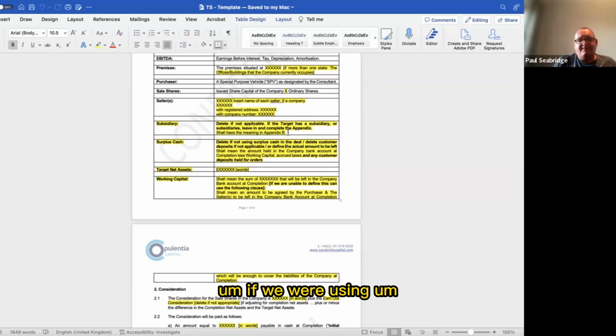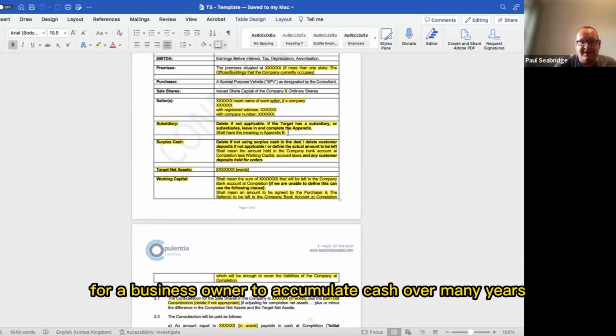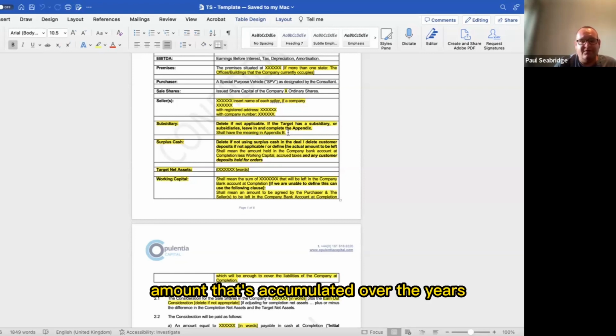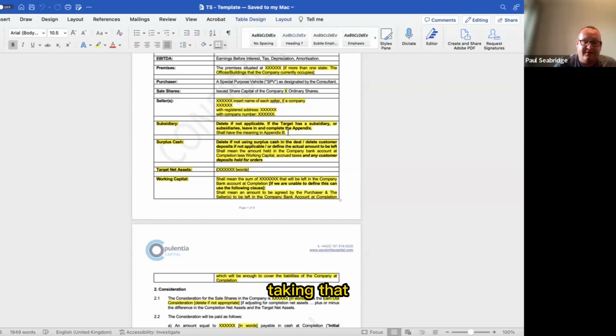If this was a UK-based deal and they've accumulated surplus cash, then again, this would be defined here. So in the UK, it's not uncommon for a business owner to accumulate cash over many years, maybe they take out what they need to support their lifestyle, but maybe there's a surplus amount that's accumulated over the years. Rather than taking that out as a dividend before completion, if we include it in the sale